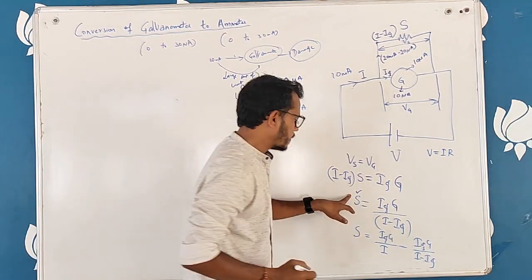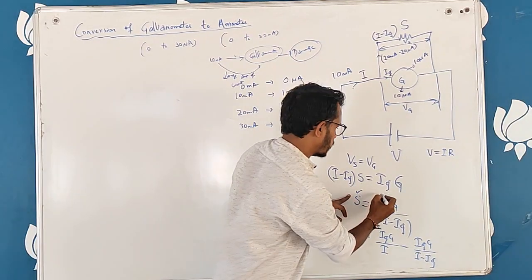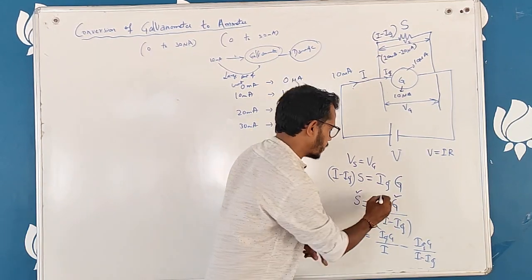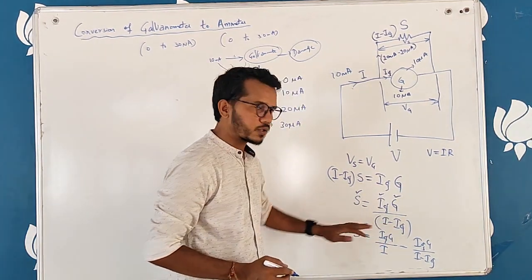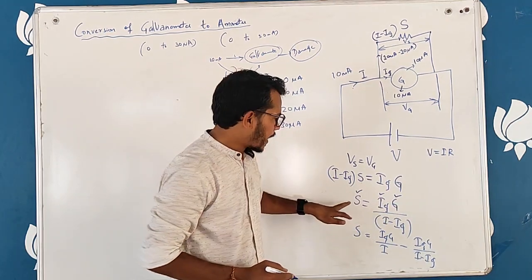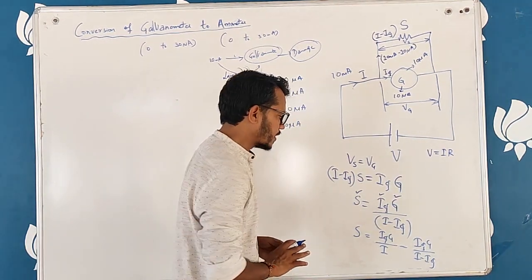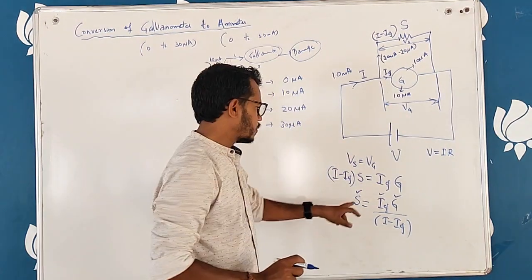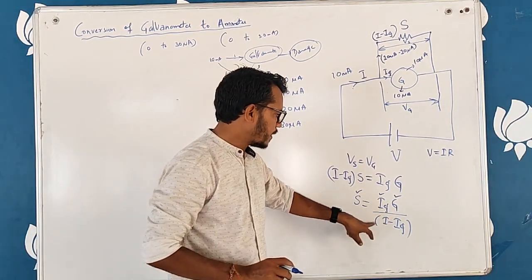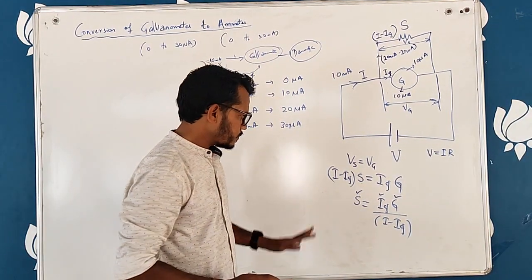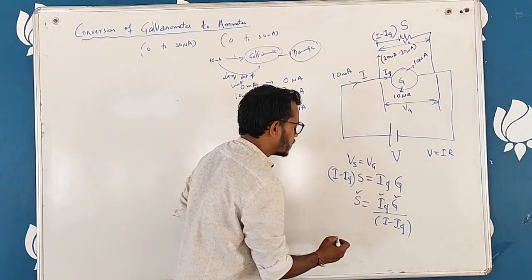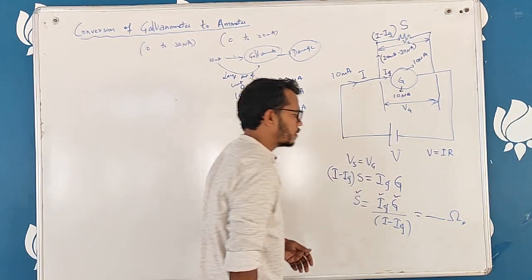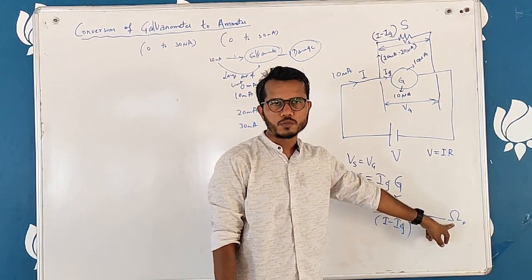We need to find the shunt resistance. We know the galvanometer resistance during our experimentation, how much current is flowing in the galvanometer, and the main current. With the help of all these known values, I can calculate the value of the shunt resistance. So I think this other equation is not necessary, so I will drop it. The main equation is S equals Ig G divided by I minus Ig. Whatever output we get, the SI unit of resistance is the ohm.